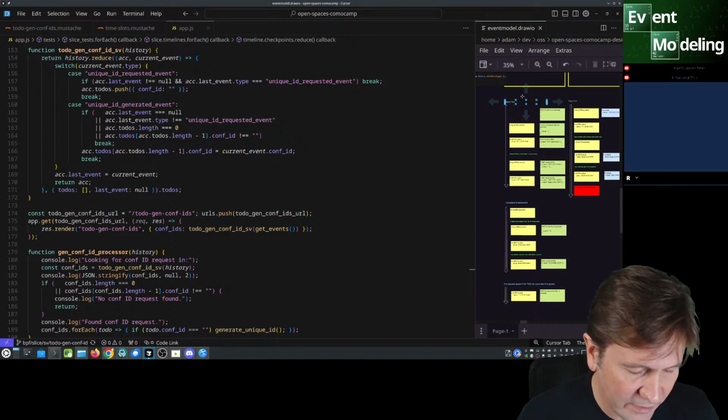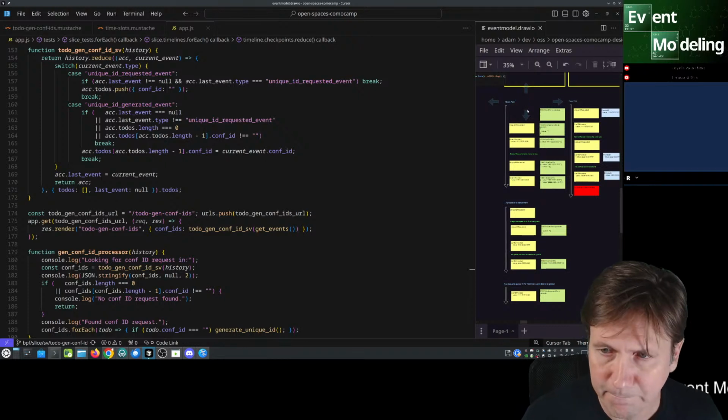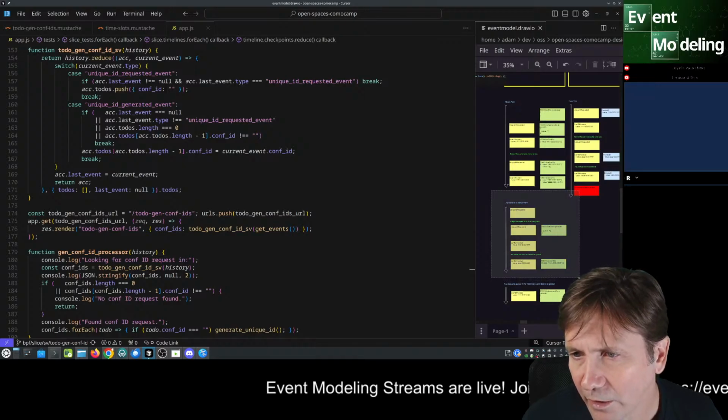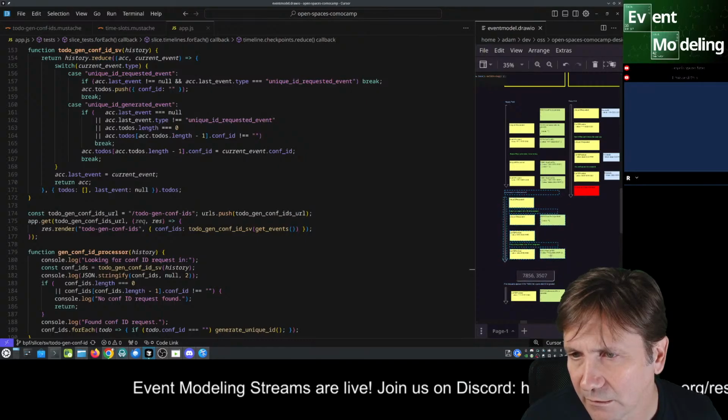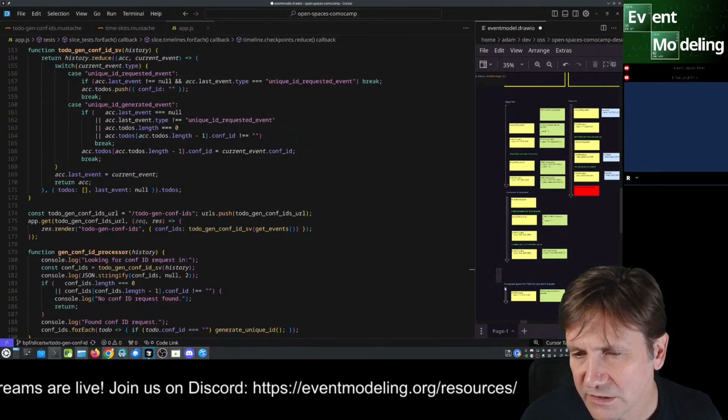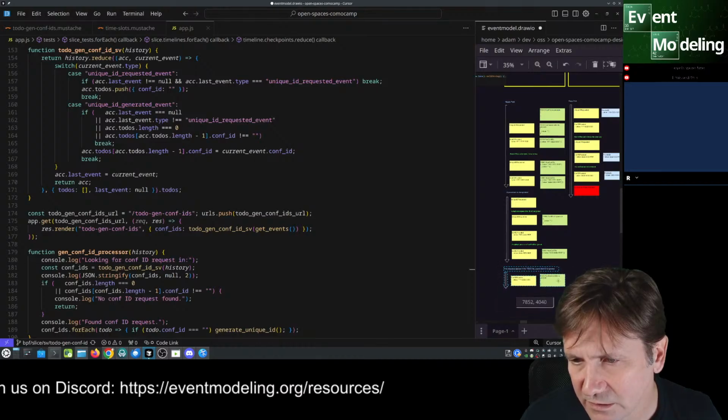You don't have that anywhere else. Problem is, I'm going to try to make it a little bit more compact so that it can see that there's multiple timelines here.